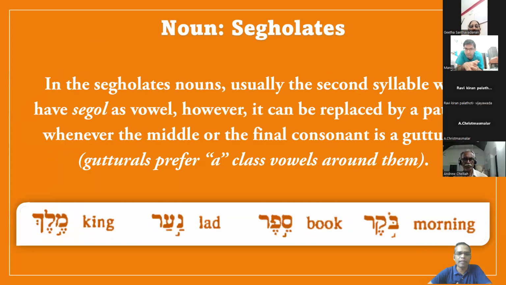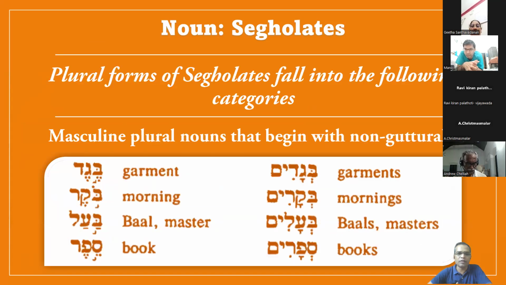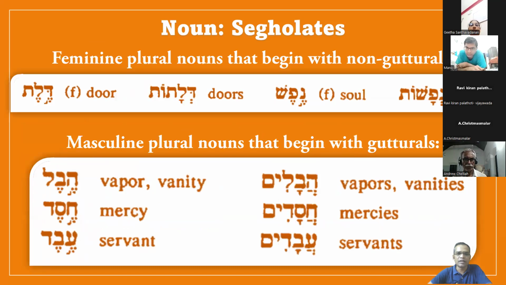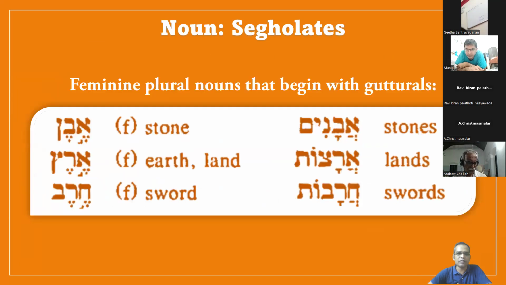For example, first we will see the plural one. In the plural, the initial consonant will carry shiva instead of a full vowel, and the second one will become kamets. Then feminine plural is also more or less the same thing. But if the initial consonant is a guttural, instead of simple vocal shiva, a composite or compound shiva will be there. And for the feminine plural ending, the feminine plural nouns of the segolates,